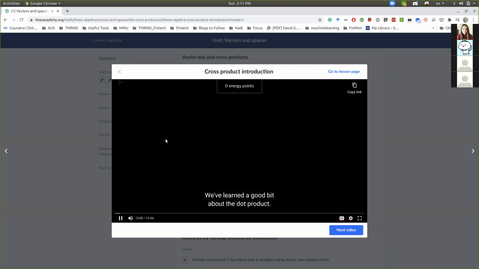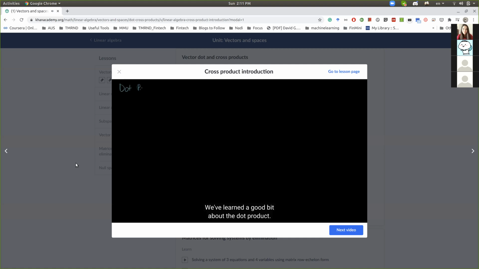We've learned a good bit about the dot product. When I first introduced it, I mentioned that this is only one type of vector multiplication, and the other type is the cross product, which you're probably familiar with from your vector calculus course or from your physics course. But the cross product is actually much more limited than the dot product. It's useful, but it's much more limited. The dot product is defined in any